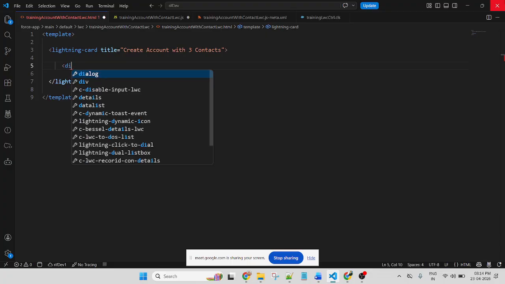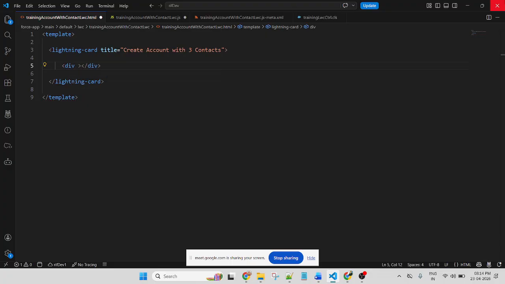Now first let me give a div and put a padding class. If you know how to create a component and how to create multiple forms, if you know this form creation, then your confidence level will be boosted. It is also an important task.